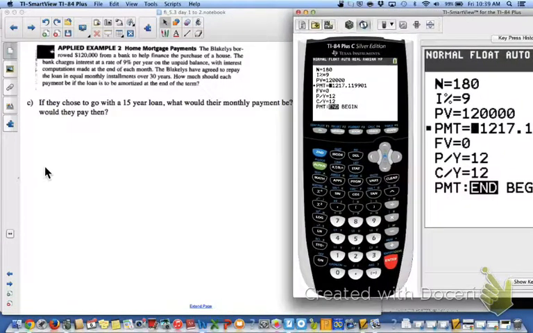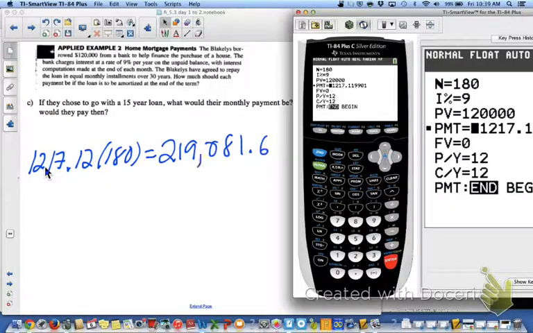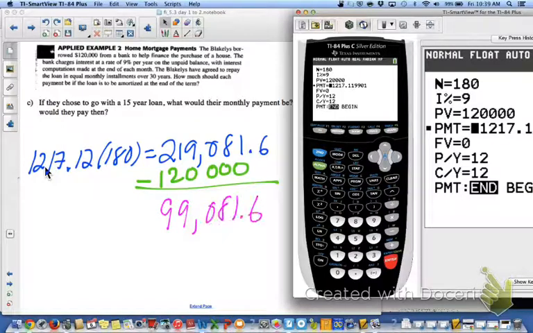So our result is that monthly payment times 180 payments is $219,081.60. If we subtract the $120,000, that figures out the total interest. So minus 120 grand leaves us with $99,081.60. So that's still almost $100,000 in interest, but it's $130,000 or so less in interest than if we went